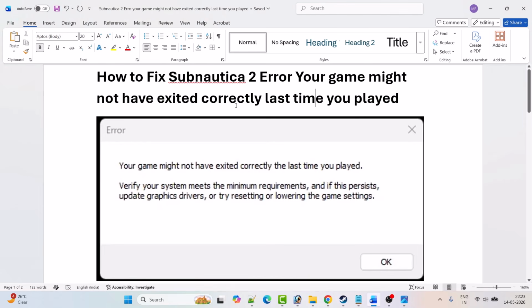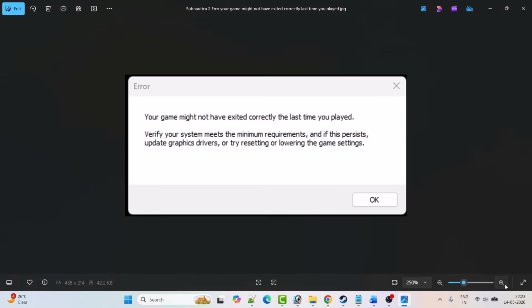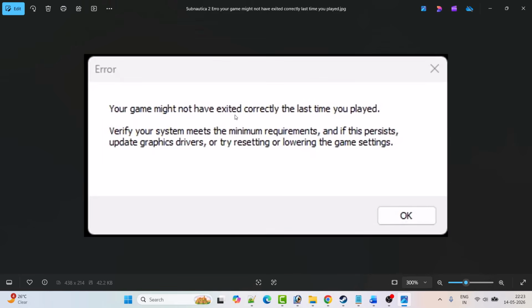In this video tutorial I will show you how to fix the Subnautica 2 game error, and the error is: your game might not have exited correctly the last time you played. Verify your system meets the minimum requirements, and if this persists, update graphic card driver or try resetting or lowering the game settings. So if you're getting this error in the Subnautica 2 game, then follow the fixes very